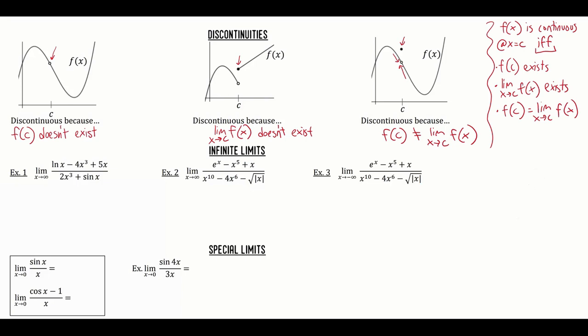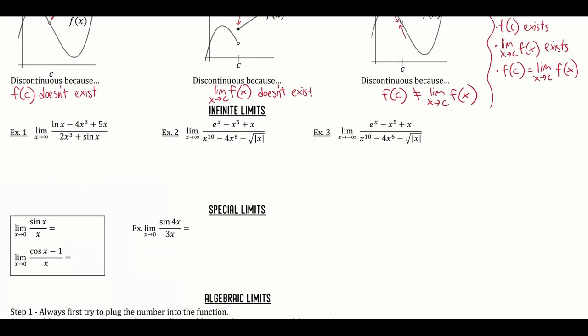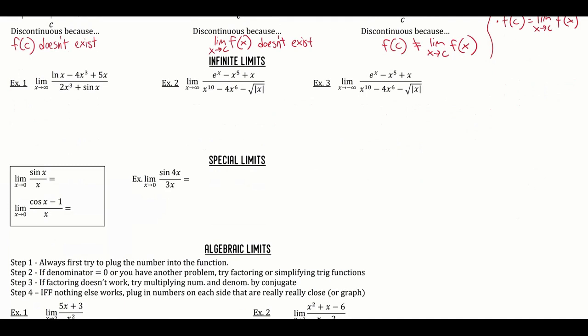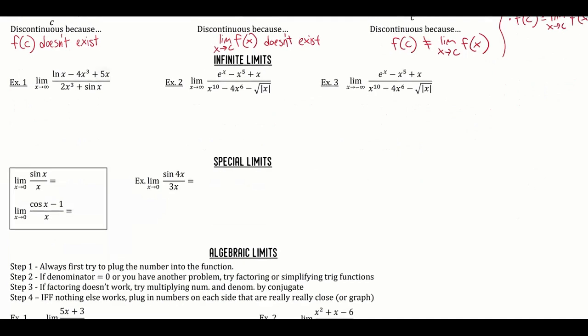So make sure if it says use the limit definition of continuity or formally define if a function is continuous or discontinuous, please make sure you're using your limits and your function notation properly. Don't just say it's not continuous because it's got a discontinuity. Okay, anyway, infinite limits. So